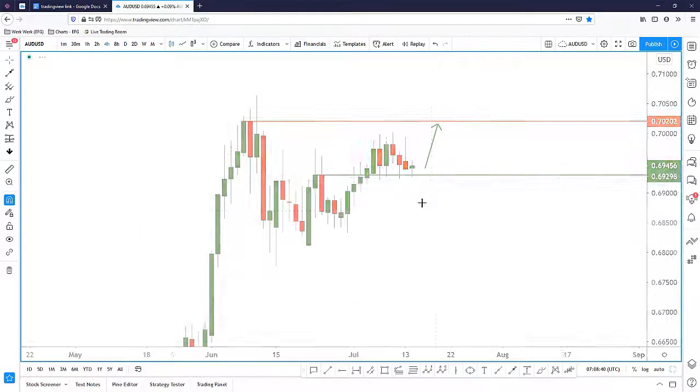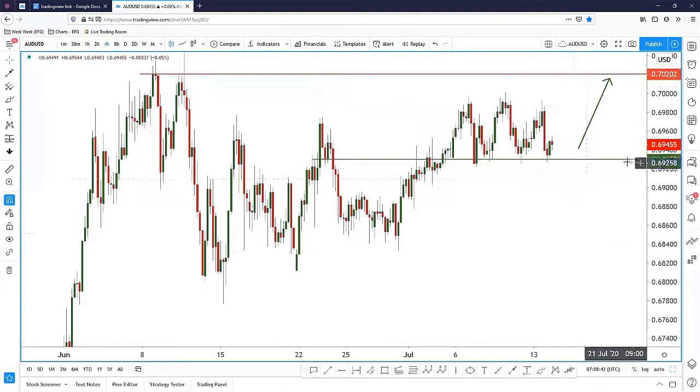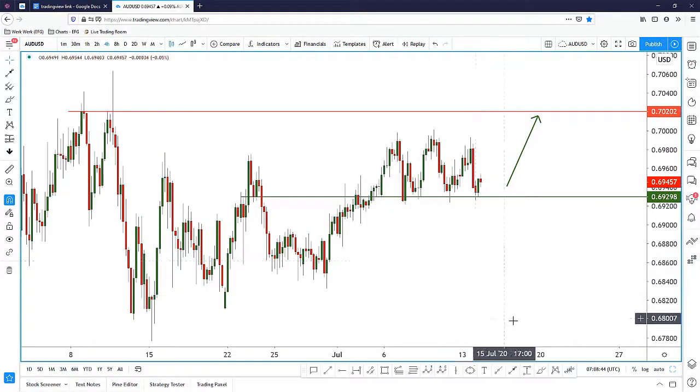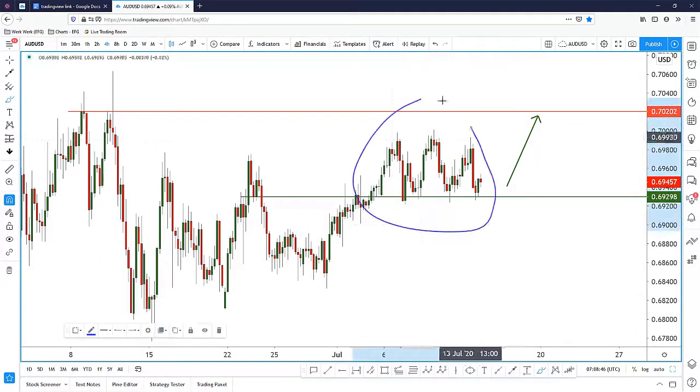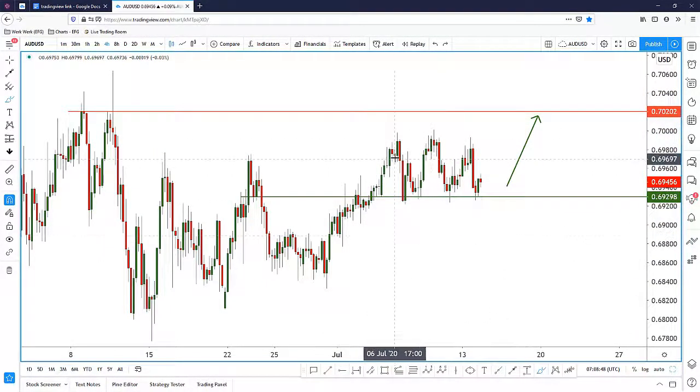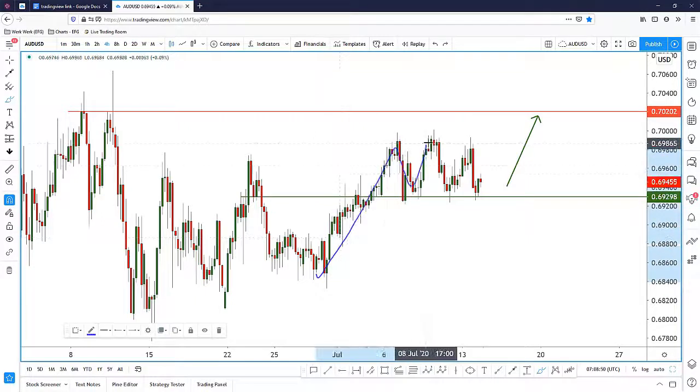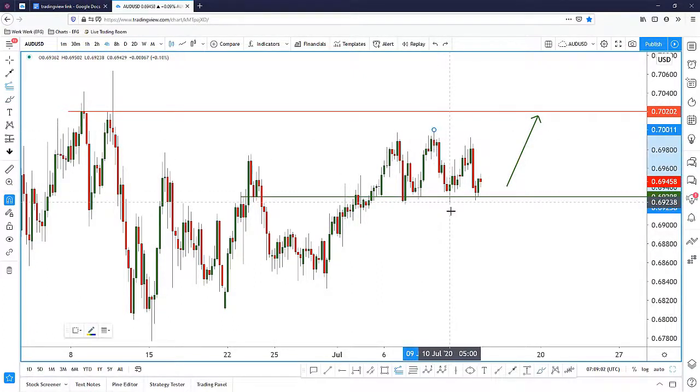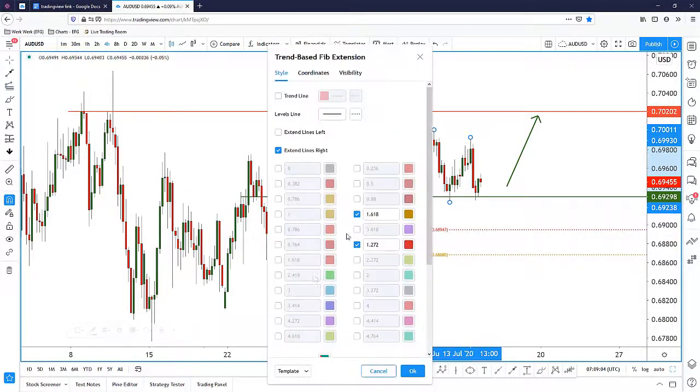Let's quickly go down to the 4 hour. On the 4 hour, the picture becomes a lot clearer. I just want to focus on this area first. We see that price pushed up and is in a sideways motion. Very easily, this is a channel, a range. And we can see that if we were to take a zigzag extension and look at 100%,